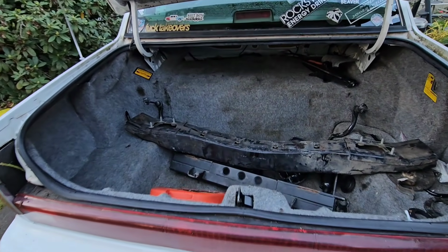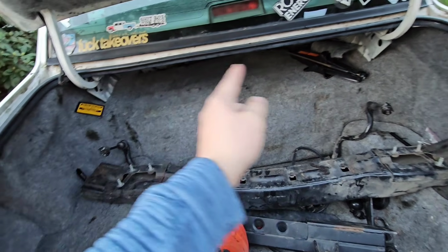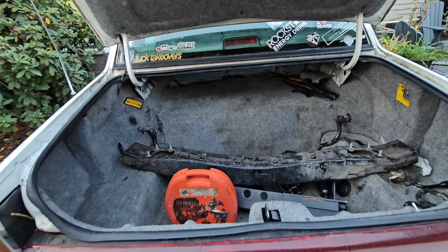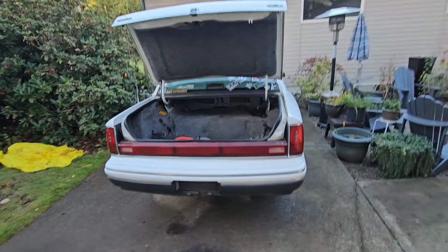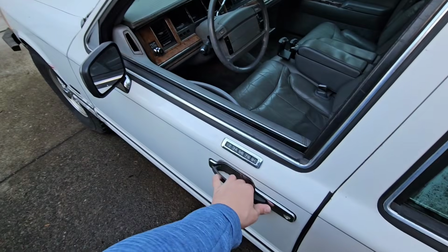And in the massive trunk, we'll find some bumpers. I think these are tire chains. You'll also notice the front sway bars in here, not on the front of the car where you'd like it to be. As a result of that, plus the front shocks being blown, this thing rides a little bit like that. But somehow...